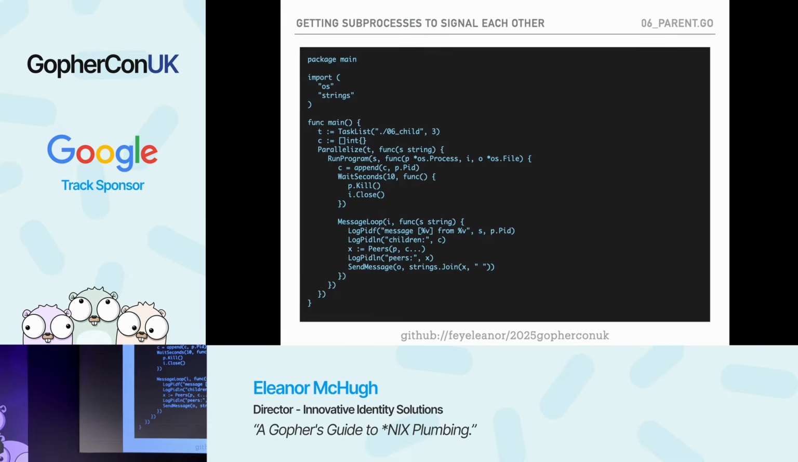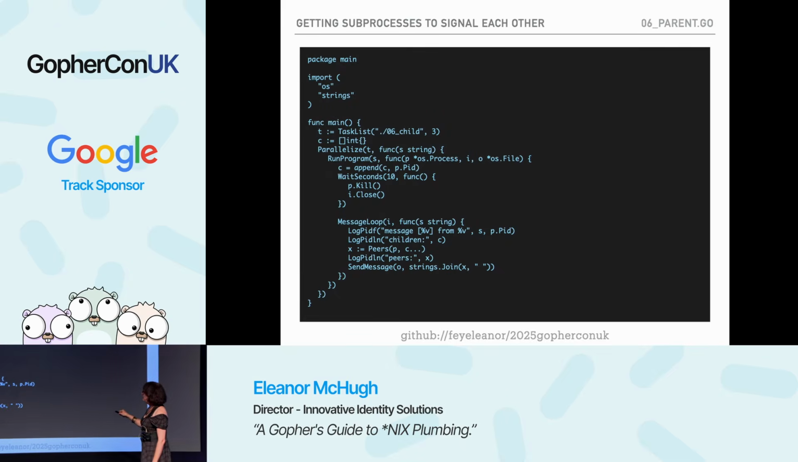I've then got this thing, C. This is my children. Every time a new program runs, I append its process ID to C. So I've now got a list of my children. I don't have a system call I can do this with. I have to build this list manually, so this is how I'm doing it. So if I've got 3 children running, I'll have 3 IDs in there, 1 for each process. For each one of them, I'm going to let them run for 10 seconds, and then I'm going to kill them, and then I'm going to kill their input